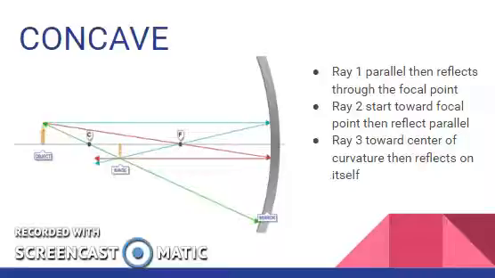Concave mirrors. These produce virtual and real images. The focal length depends on the radius of the curvature. So, the radius of the curvature, we'll know that from the actual mirror, and then we use that to find the focal length. The focal length is always positive,